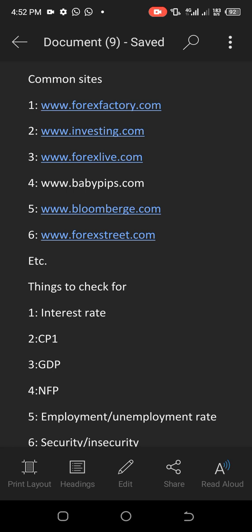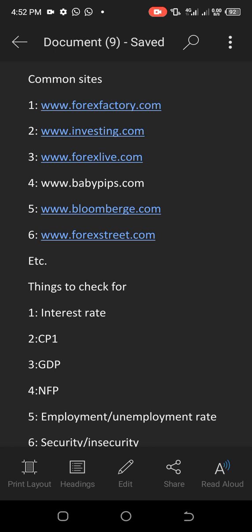So today I'll be talking on how to trade the news, which is still part of the fundamental analysis. Now, before I go ahead, note this: you can't trade profitably knowing only the fundamental analysis or knowing only the news without the technical analysis. And that's how it is too. You can't trade profitably knowing only the technical analysis without the fundamental analysis. Both of them work hand in hand, they shake hands together.